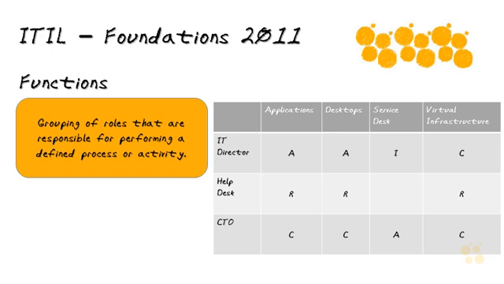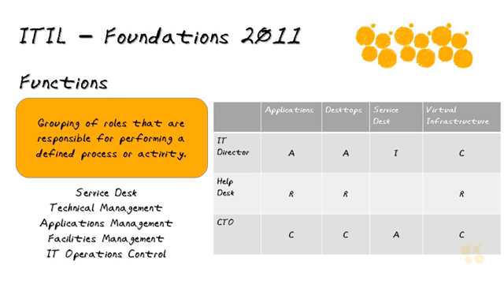Now, functions are basically taking some roles that are responsible for putting the work into a process or maybe even an activity and then grouping them together. Now, there are specific functions that you need to know for the exam, and that is going to be these particular 5. We'll talk a little bit more in depth about each one of these later on in our Nugget series here, but you have the service desk function, the technical management, applications management, facilities management, and IT operations